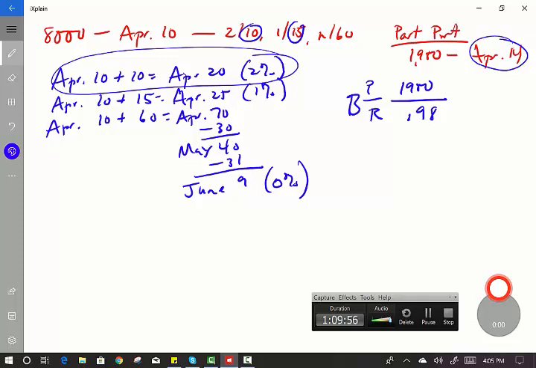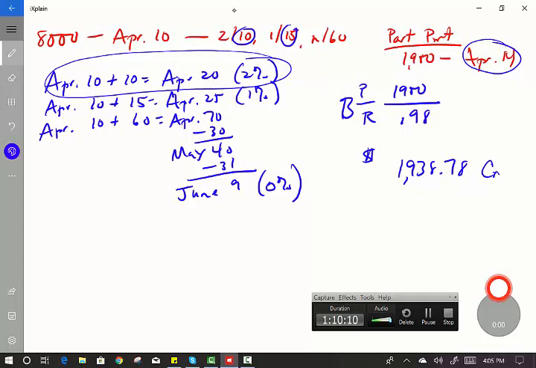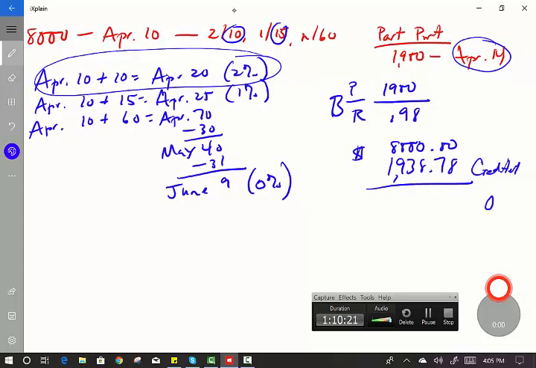So 1900 divided by 0.98 gives me the amount to credit to the account of $1,938.78. That's the amount to be credited. I'm going to subtract that from the amount of the invoice of $8,000. And this is the outstanding balance. The outstanding balance is